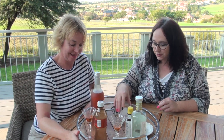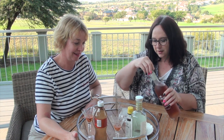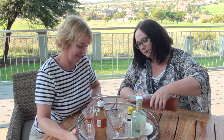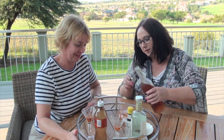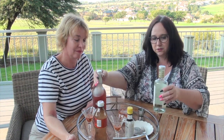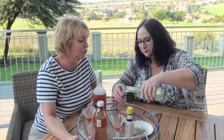So let's do this. You take some Cape Pink. I nearly said pink port again. Not port. You take some Cape Pink over ice, and we're going to add a little bit of gin. Yes, gin. Mixing gin with port for me would be...